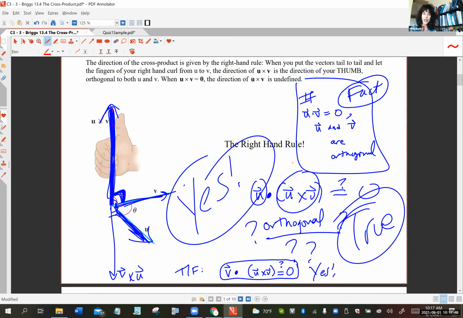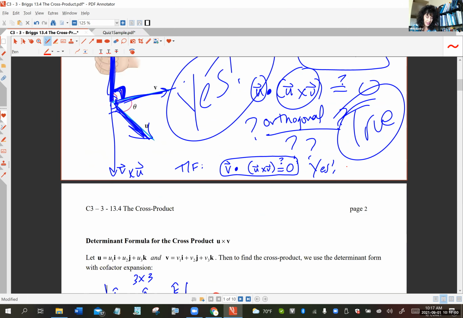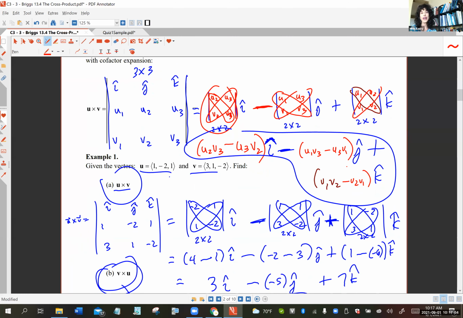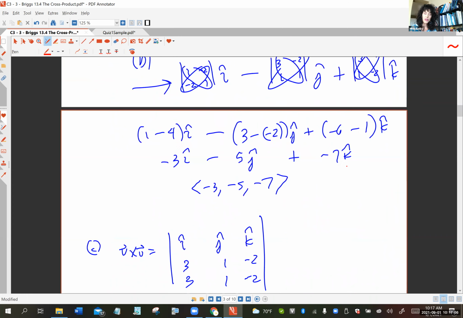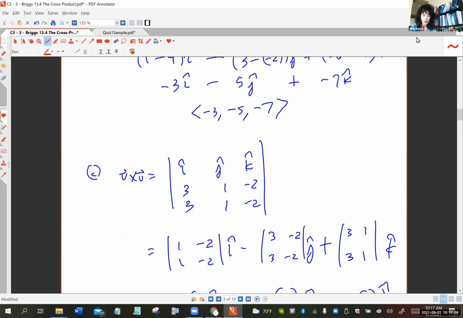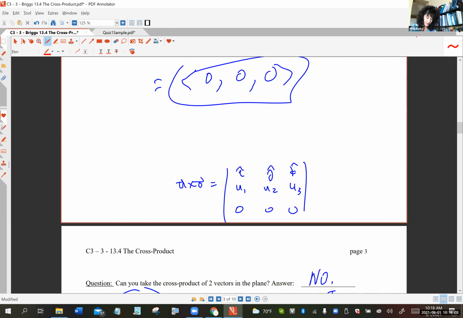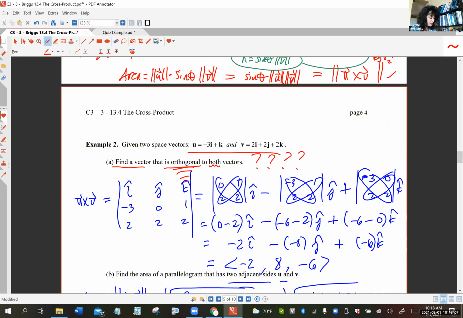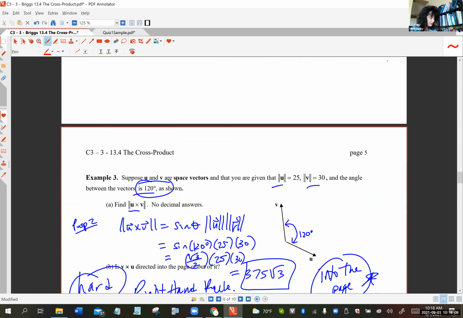We looked at the right-hand rule with the cross product, and then we looked at the determinant formula for cross product. That's the way I prefer you to do that on quizzes and exams. So hopefully you can. We did some theorems, we did some problems, and we left off at the end